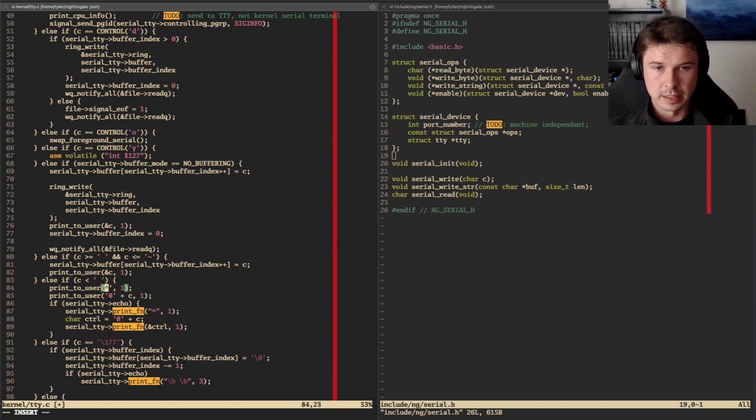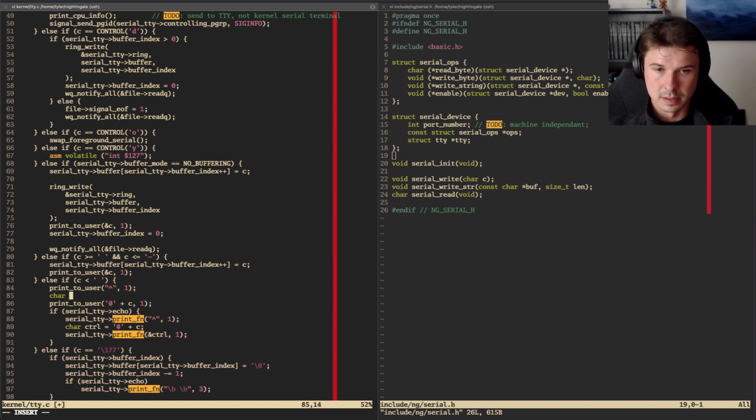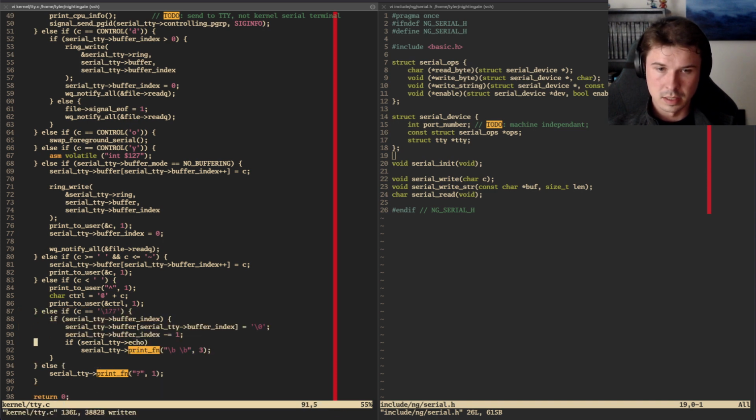Oh, because this is a string. So you do actually have to do this out of line. Okay. To user, backspace. And last but not least,